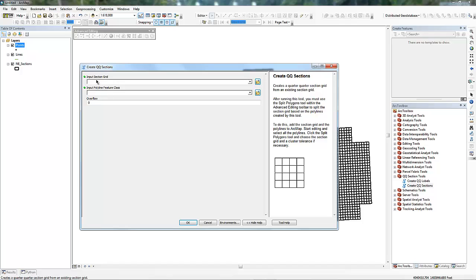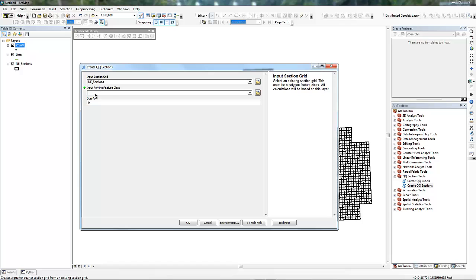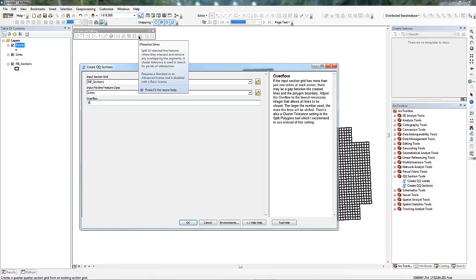So the input section grid is whatever section grid you have. Mine's Nebraska. And then the input polyline feature class is the lines we just made. And then this overflow is if any of the polygons in this section have more than just one vertex per corner, it can kind of mess up the calculations that the line does. It can make it so there's a gap between them, so when you go to split them, it won't split them completely. So you might have to run it a few times to see what you need,